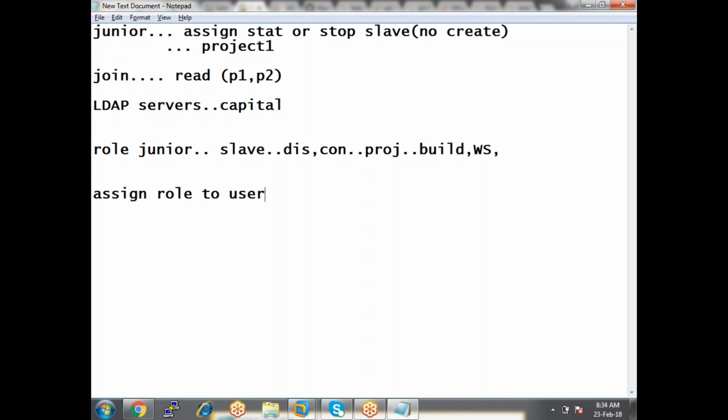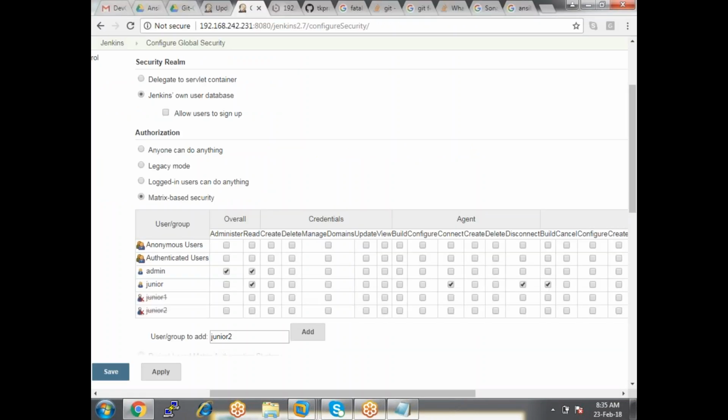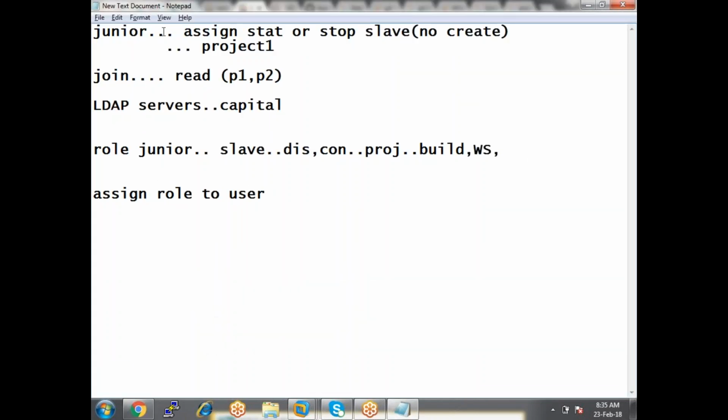And one more thing, as we have seen in this example, we have two projects, project one and project two. One project has about 5 jobs and the other has 4 jobs. We have 9 jobs in total.